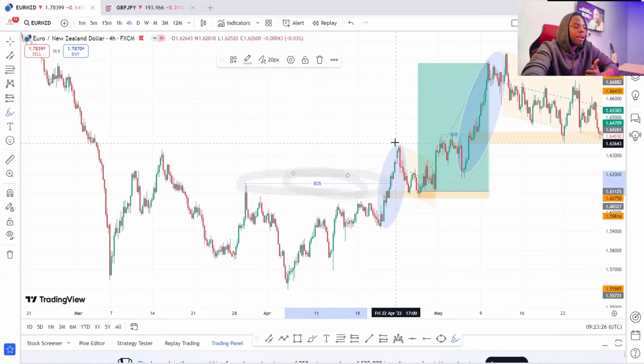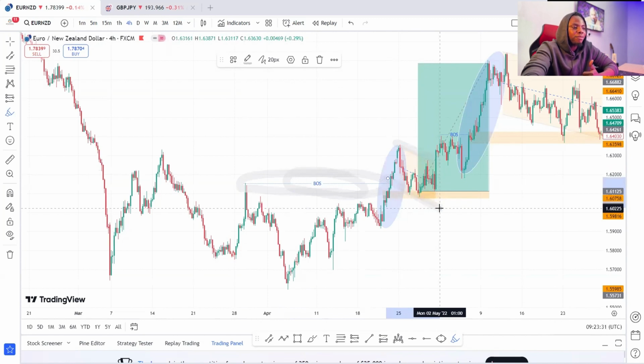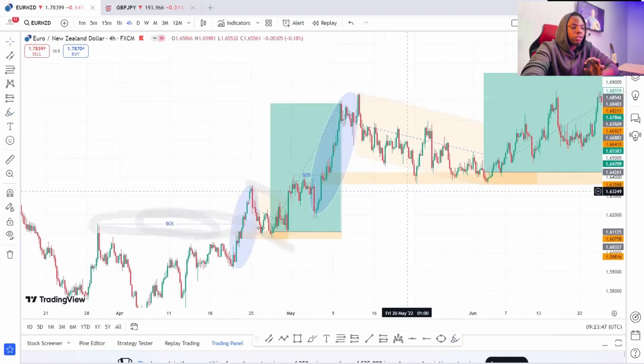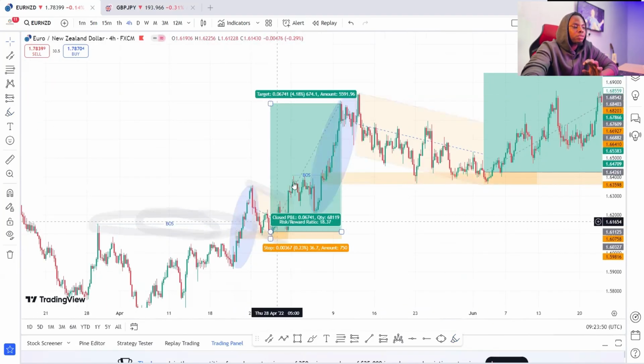So here we have a break of market structure to the upside. If you notice here, we have a very good correction. The correction is a sign that the market is coming back to a level whereby you can join. And that's why I said I'll be sharing more light on how to enter the trade, or also the trade condition. I don't want this video to be too long, that's why we just have to cut it short here. So let's look at it again.